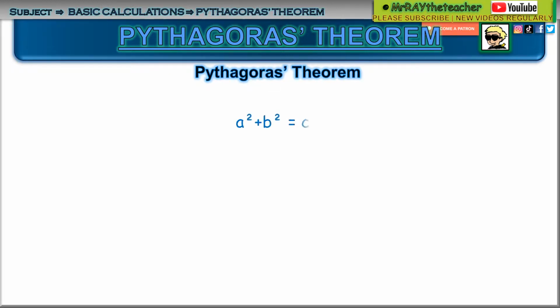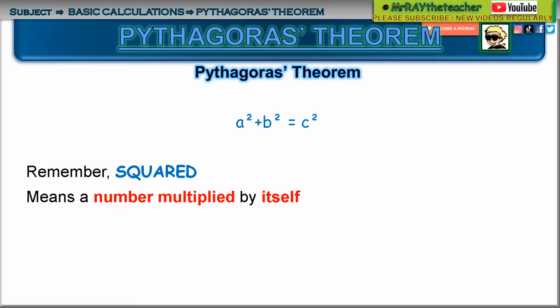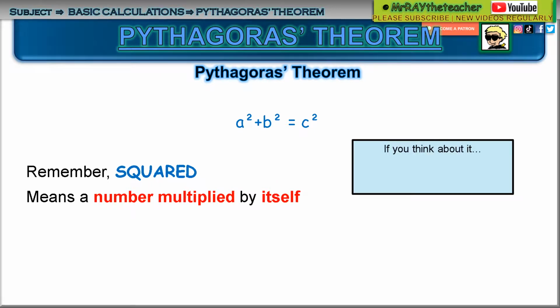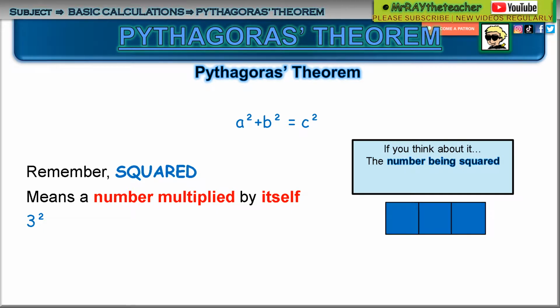So how does it work? Here's how it works: a squared plus b squared equals c squared. You're probably thinking, squared? What are these letters? Well, let me demystify these for you. Remember, squared means a number multiplied by itself. So 3 squared is 3 times 3 equals